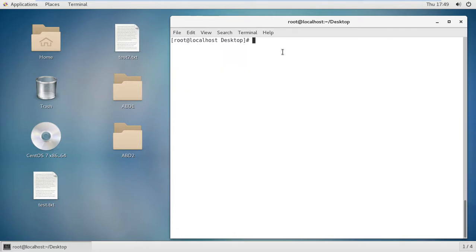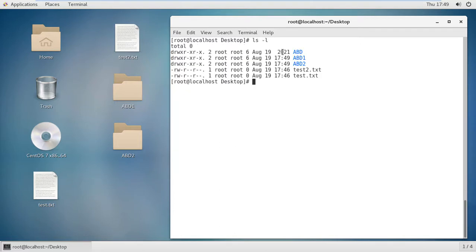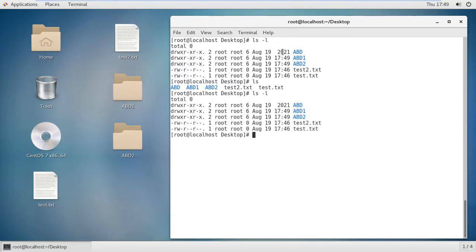Okay, ls hyphen l will show every detail, ls shows only the names, but ls hyphen l shows who is the owner, group, when the file was created, and what permissions are assigned by default.